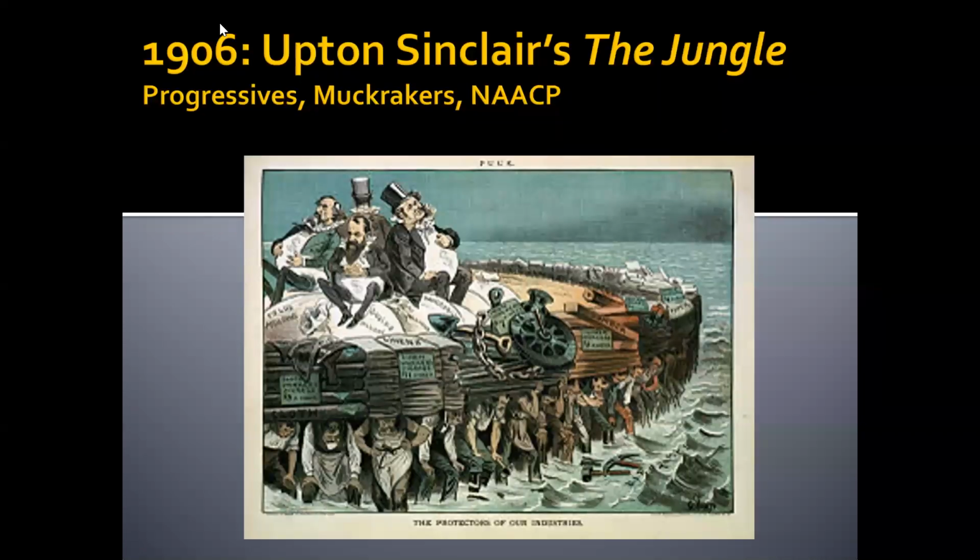Okay. So the first and most important thing that really starts out this time period is the Progressive Era. And the date that we are using to focus on in terms of the Progressive Era is 1906 because it is the publishing of Upton Sinclair's The Jungle, which we have talked a lot about in terms of the results of the Progressive Era.